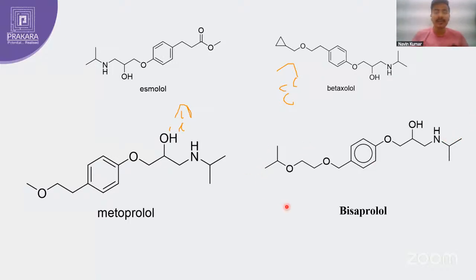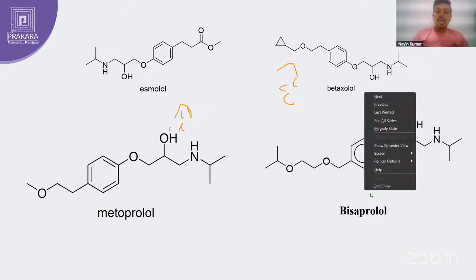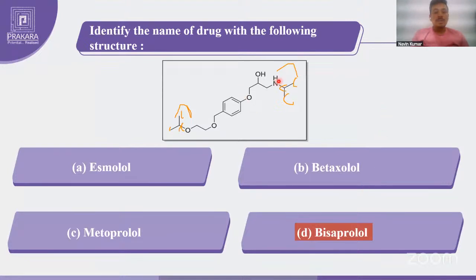So the given structure belongs to bisoprolol. And what will be the mnemonic to remember this? Simply remember bi. Bi means two. Two isopropyl chains will be there in the structure of bisoprolol. So always remember, if there are two isopropyl chains in the structure of any beta blocker,